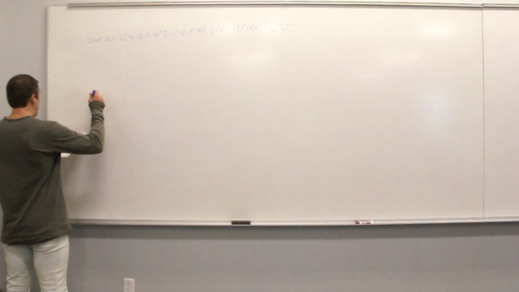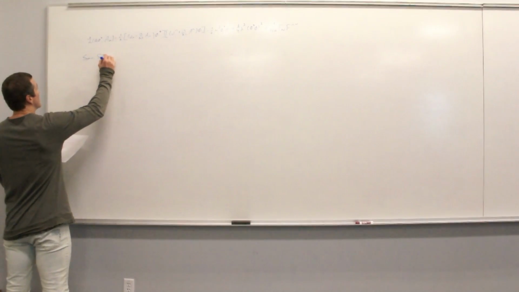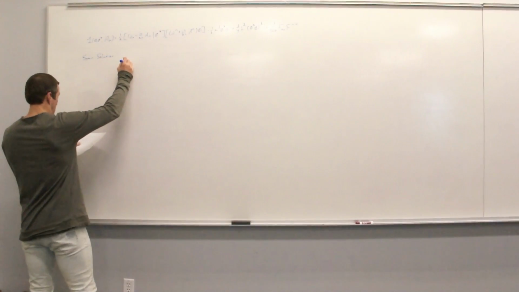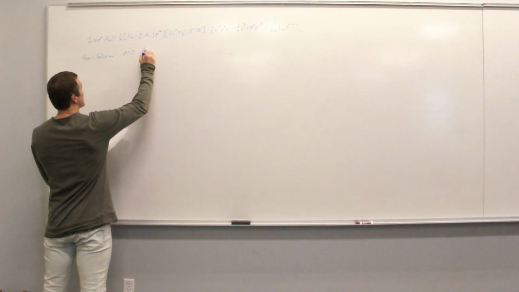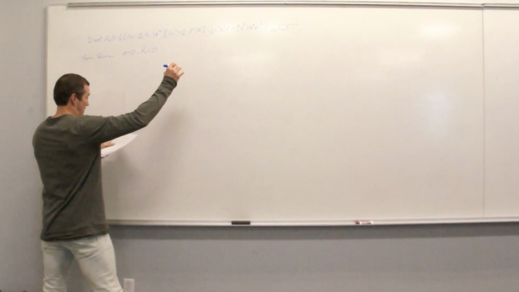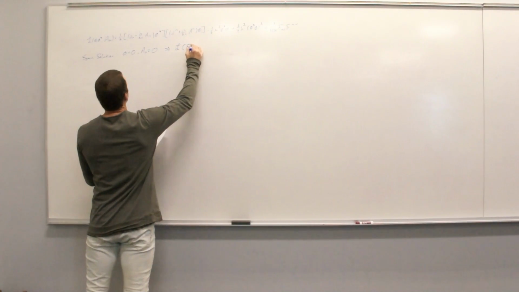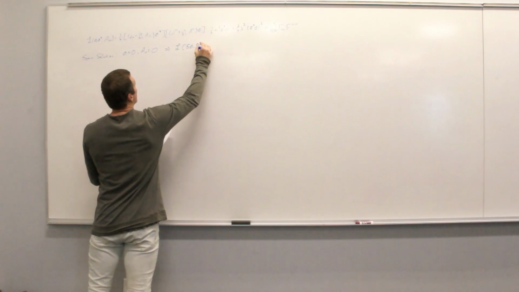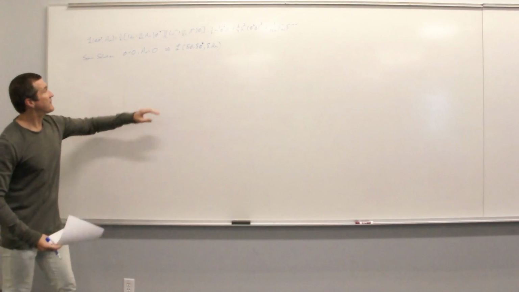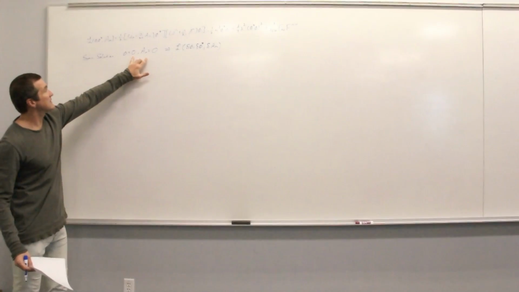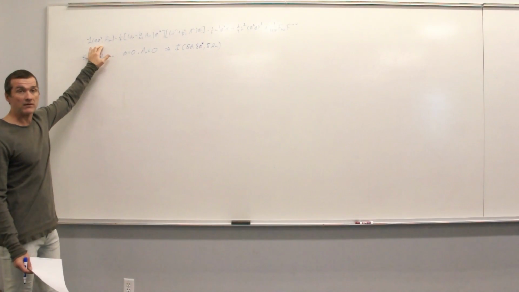But in review of what we did last time, we have a symmetric solution which corresponds to phi equals 0 and A mu equals 0. And this basically gives us a